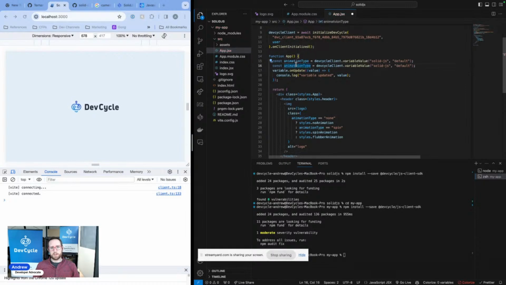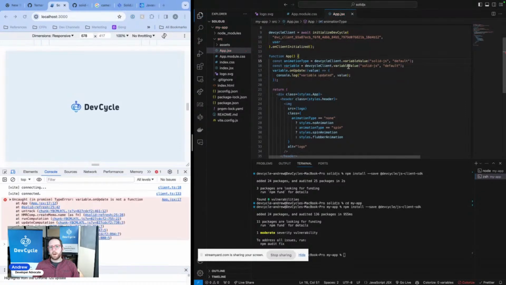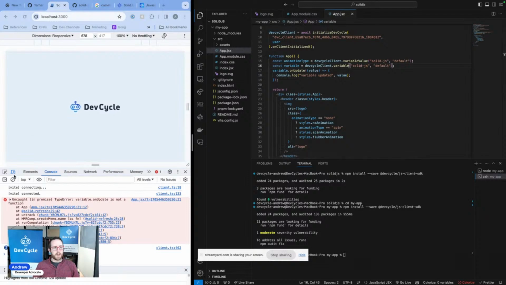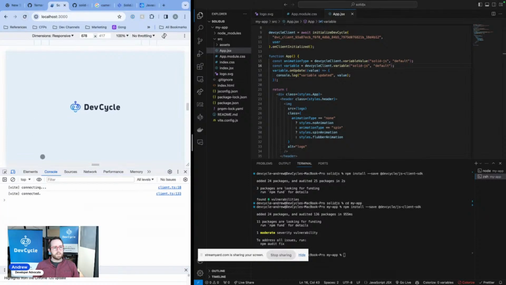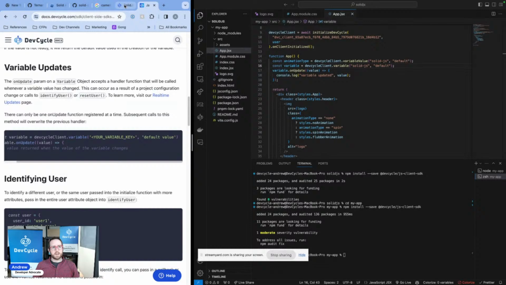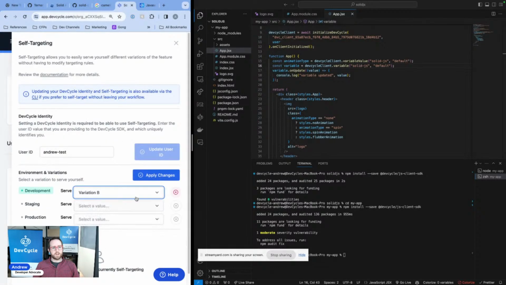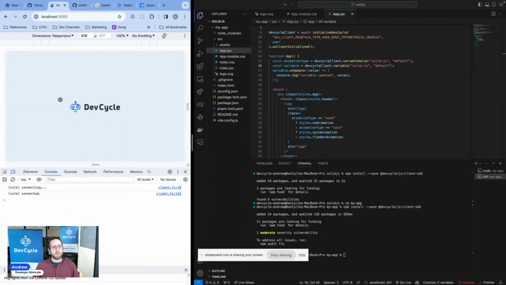Change that to variable. Variable. And then change this to variable. And then console log variable. Okay, that should technically work. Yeah, okay, so that's fine, none. And then we change this to variation B. So this should be spin. Okay, so that updated that. That's good. What if we do